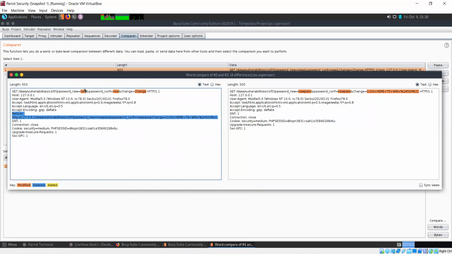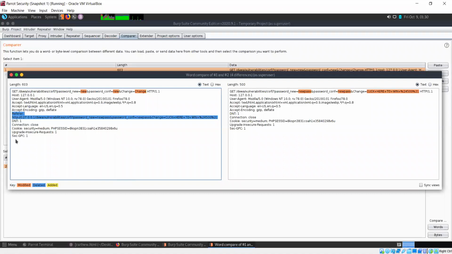The first thing that it's saying is these passwords are changed. Of course, that's something we know. But take a look at the other thing that is different here. There is this referrer field in our original request, the request that is going when we are directly doing it via DVWA's interface.